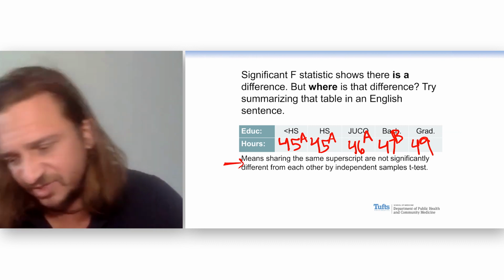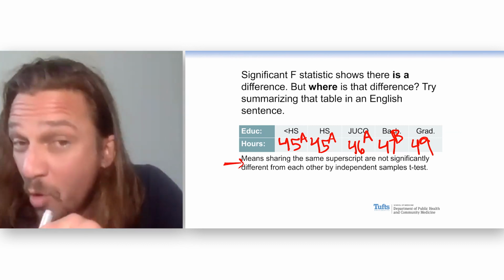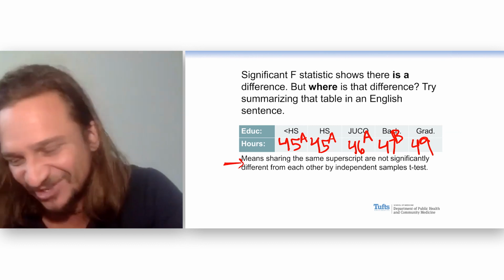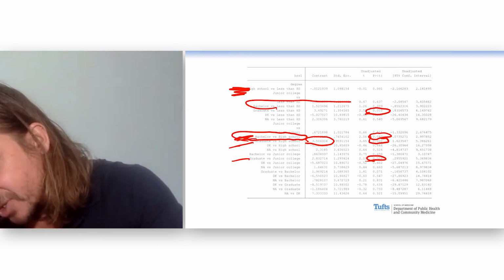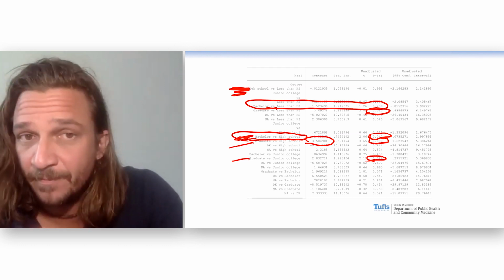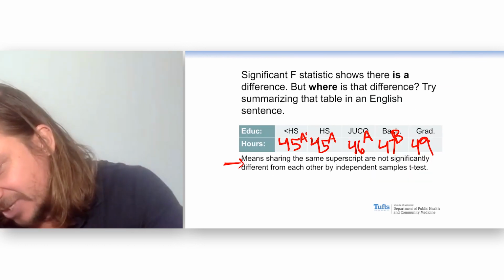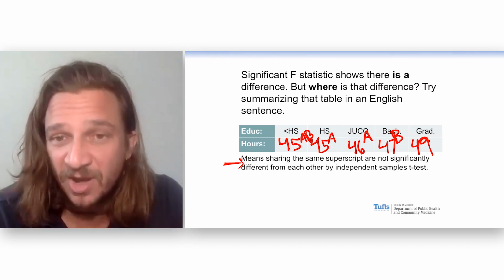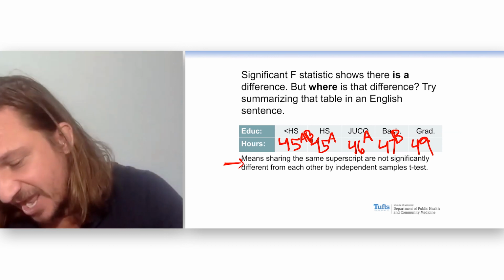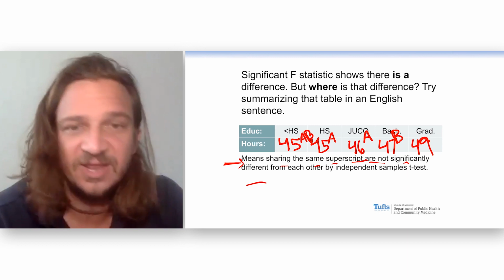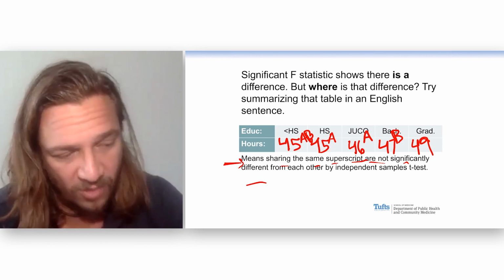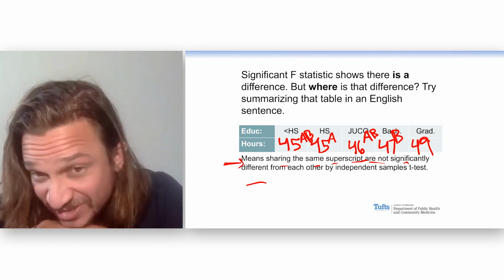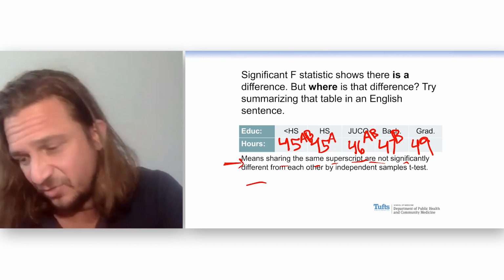Now, I don't want to go back and forth and do this whole sort of thing, but bachelors work more than people who are less than high school. Wait, let's double check. Bachelors versus less than high school. Bachelor versus less than high school is the same. So now less than high school has to also get that B, so that when you look at the pairwise comparison, they share the same superscript and they're not significantly different. I'm not going to go through all of this, but you'll find out that we'd have to put a B here. And then when we get to graduate, it's interesting because graduate school